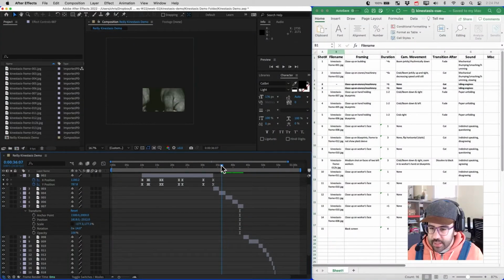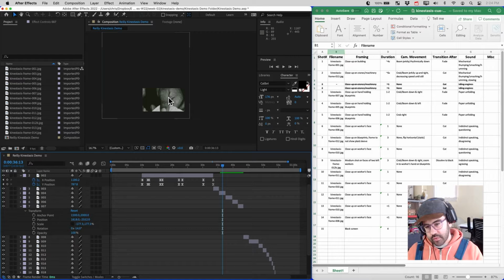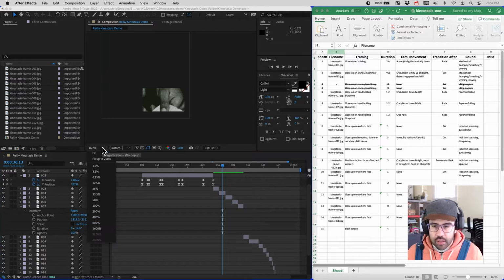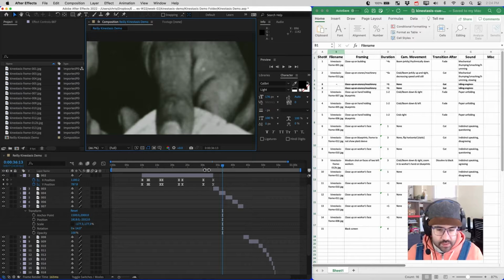Now the next thing I want to tackle is the position keyframes for this set of 3 images where we have the worker's hands holding the edges of the blueprint. I'm going to adjust my composition viewport size here. So I'm just going to click on the drop down in the lower left, and here I can select all sorts of different zoom factors. I'm just going to select fit up to 200%, and that way we can see a little bit bigger what's